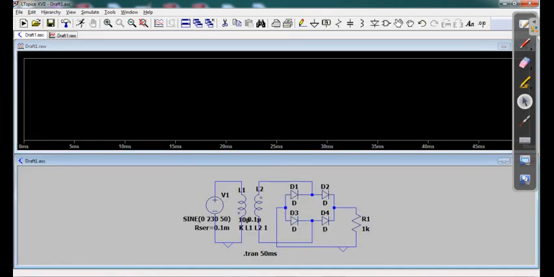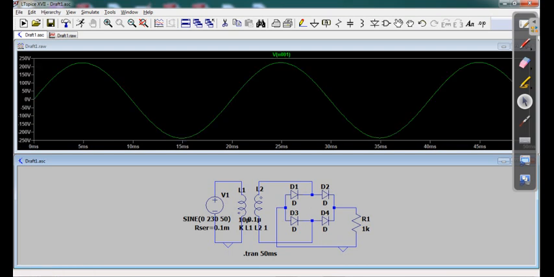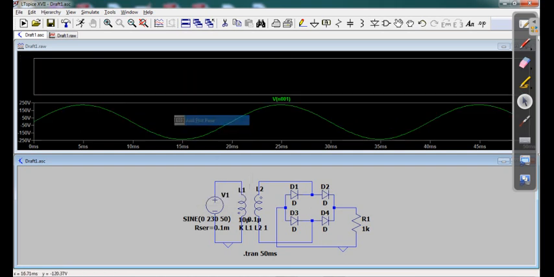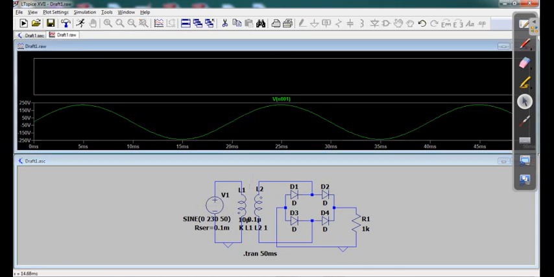So here you can see, first if we want to see the input voltage, so click on it here. This probe is connected here, and if you click on it you will get the input voltage. Okay, now if you want to see the output, just add another plane.